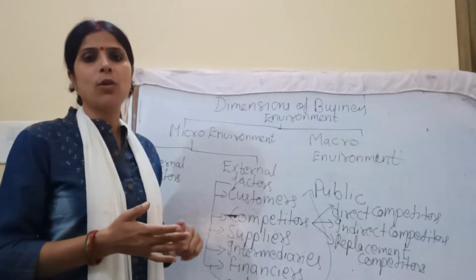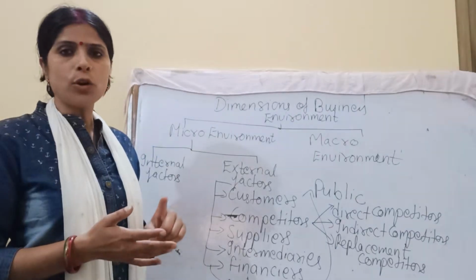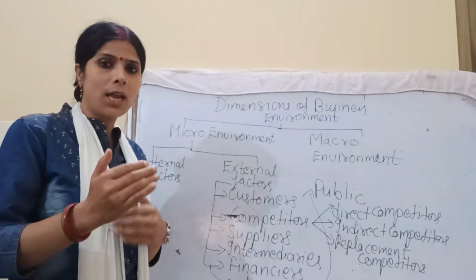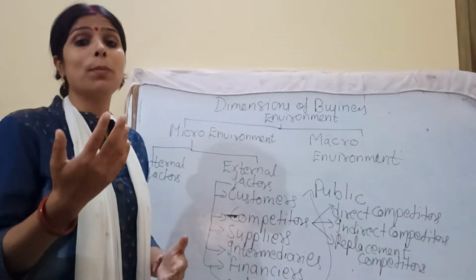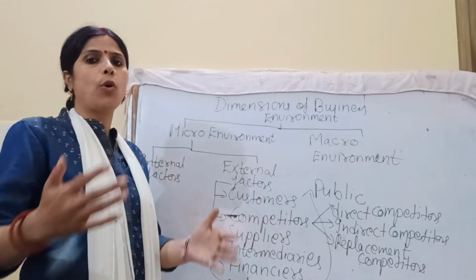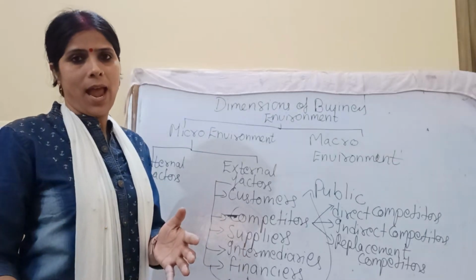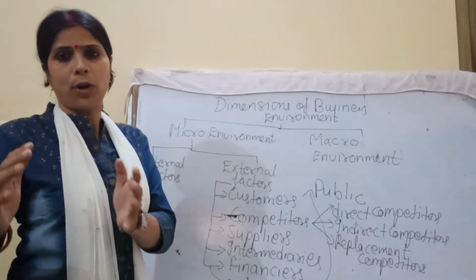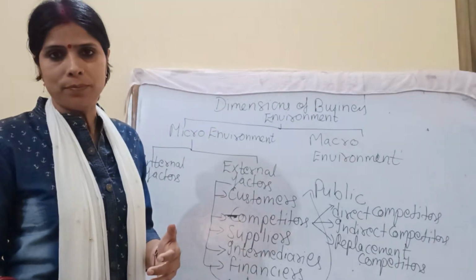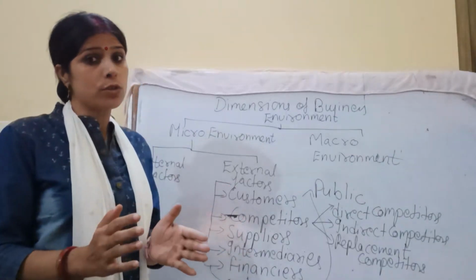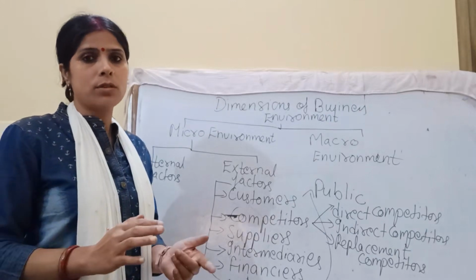So to maintain the regular supply of raw materials, business concerns are not in contact with only one supplier, but with many suppliers of the same raw materials, so that if any problem arises with one supplier, they can contact the other suppliers and arrange the raw material and maintain the free flow of raw materials and the production level, because the products should be produced on time and they should reach the market, the consumers, in time,